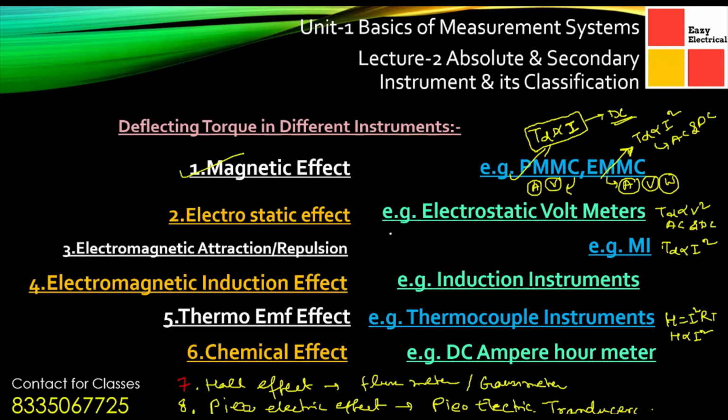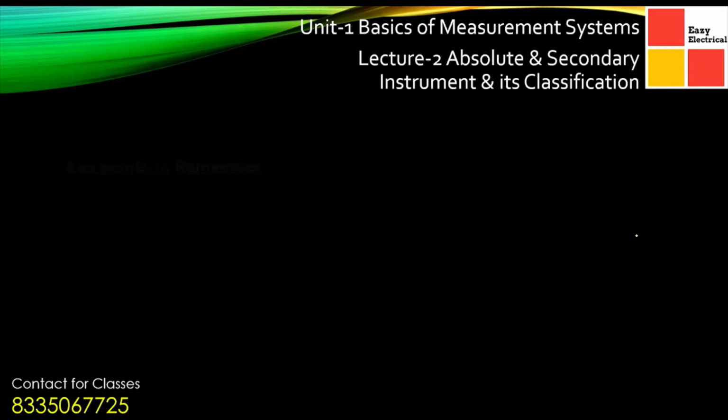I have seen their representation, whether it is connected, whether it is the square of the current, whether it is proportional to current. Here I have seen all four topics. Just go through them and you will have a greater idea in detail. We will be taking up PMMC, EMMC, and MI type instruments individually, and there as well we will be discussing the same thing in further detail. Just get the brief idea about what the deflecting torques are in different instruments.